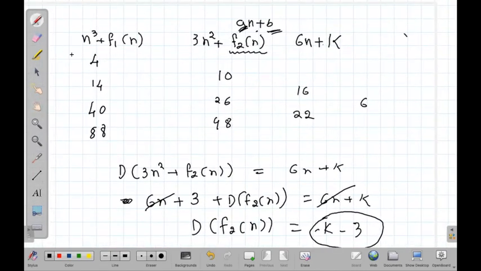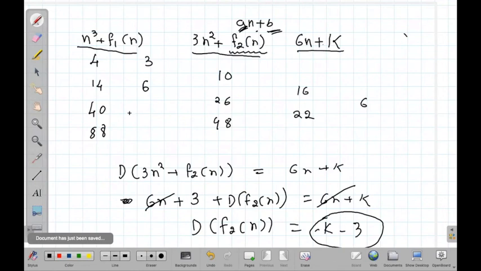So we know that it is n cube plus f1 of n, right? And we want to find f1 of n. So can we subtract n cube from that sequence and get a new sequence? Okay, so we'll have 3, 6, 13, and the fourth one, 24. Okay, and then you solve for this.